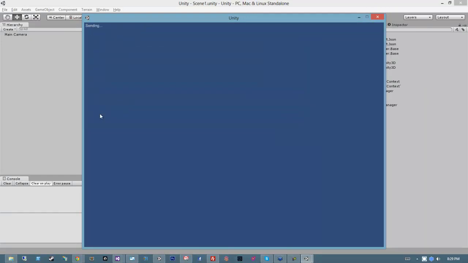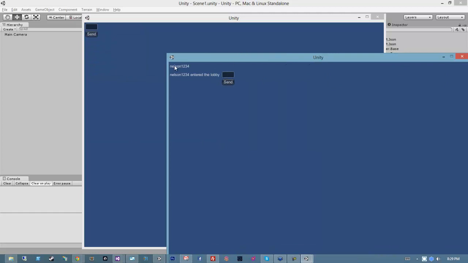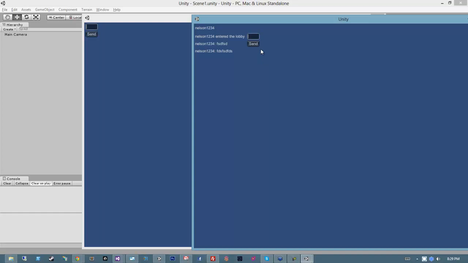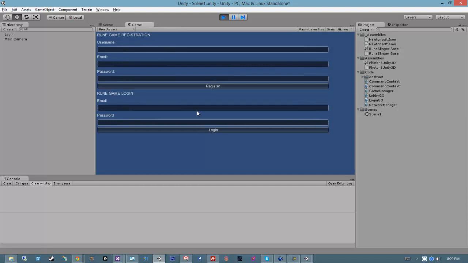It's Nelson 5. It's Nelson 10. Hey, look at that. We now have a Nelson 1234 enter the lobby, and I can't exactly send chat messages. Okay, so I can send chat messages to this guy, but I can't send chat messages to the other guy. And I have a theory as to why that is. So let me go ahead and fire this up in the...